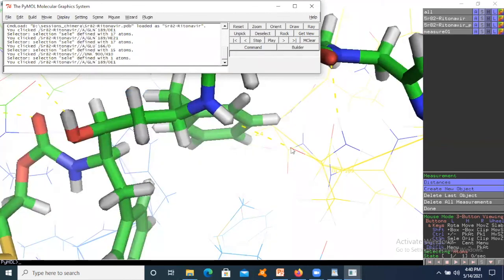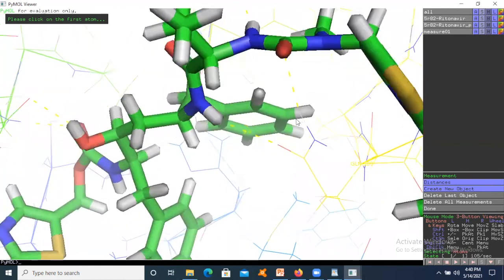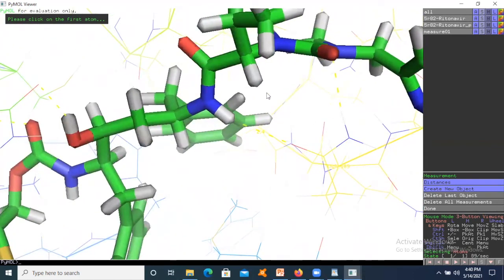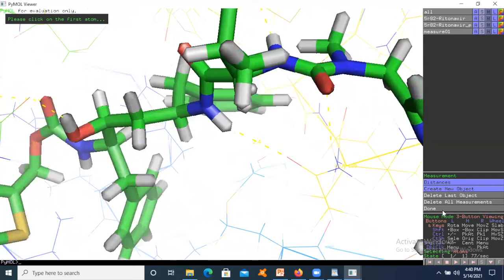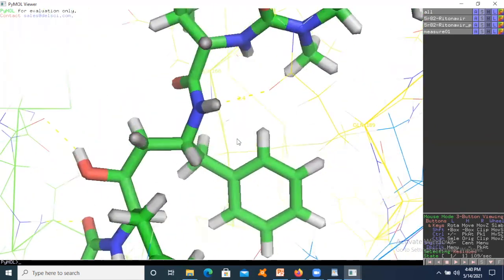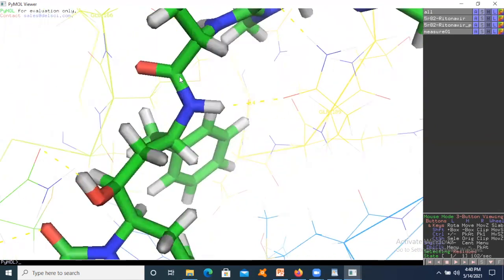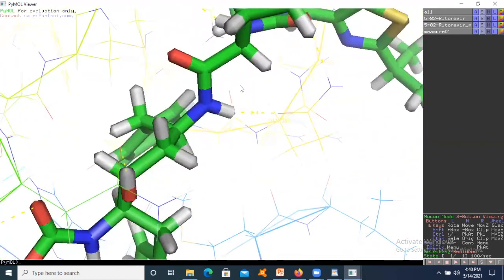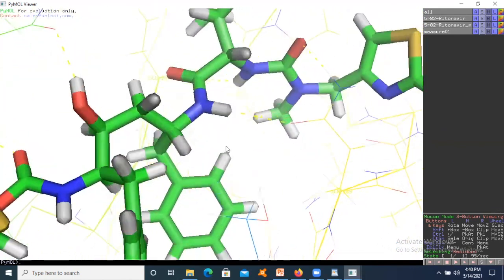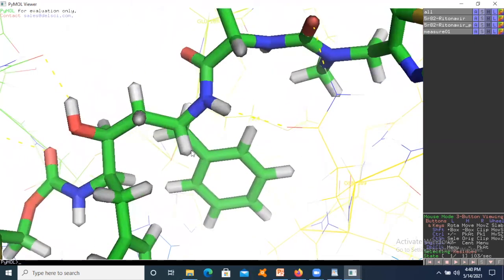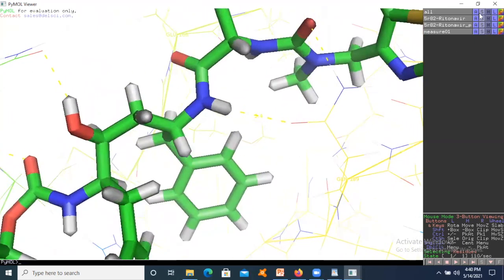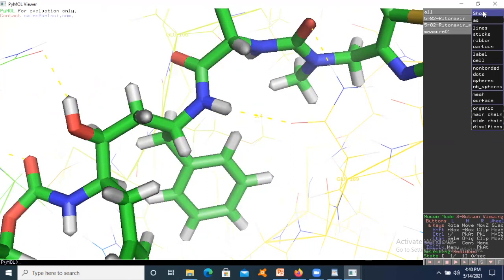So we can also change all the colors of these dashes, that is the distances, the fonts, everything can be changed and the picture can be made better for publication. So we can also go to show as cartoon.